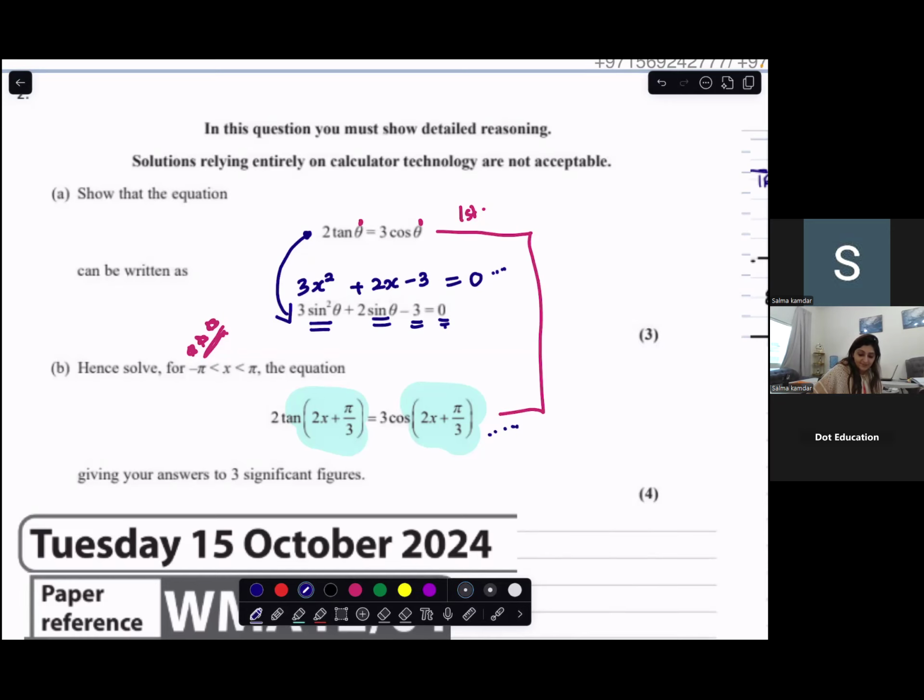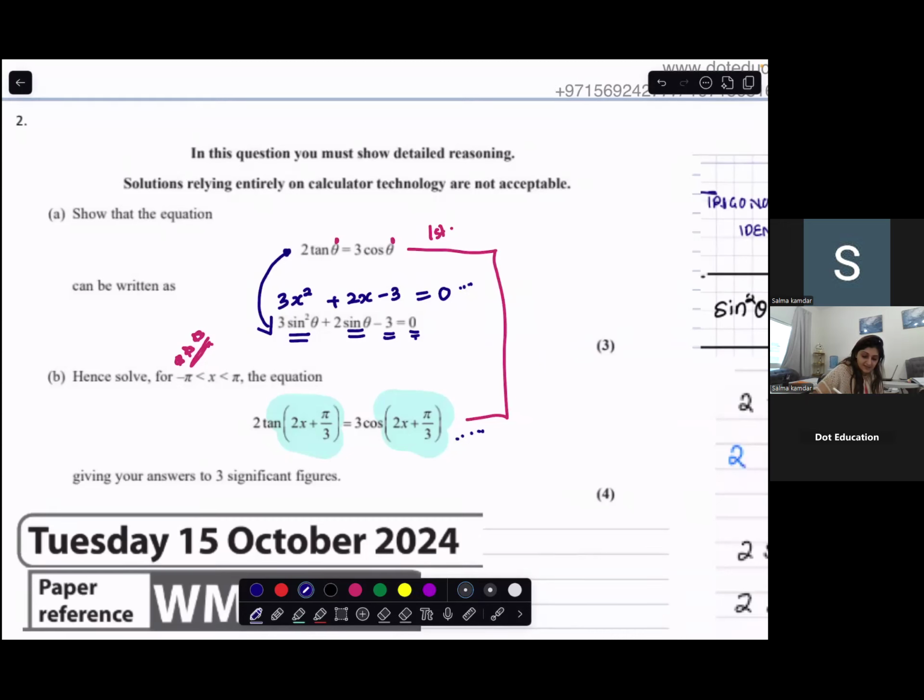Okay. Let's try. So when I say I have this a new thing and I want to solve for this and I have to give answers to three significant figures. Just keep that in mind. Whatever answer you're getting, it should be into three significant figures. The first thing that I would do is I would try to write this how it should be. That means this is equal to 3 sine square, the new theta. Yeah, okay. Write the new theta. What is it? 2x plus pi by 3